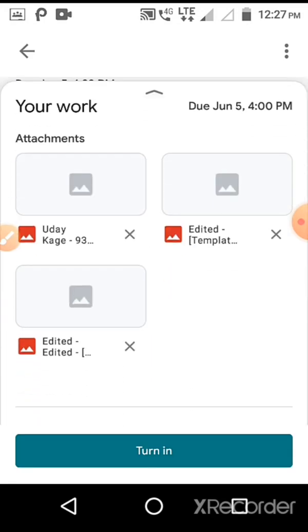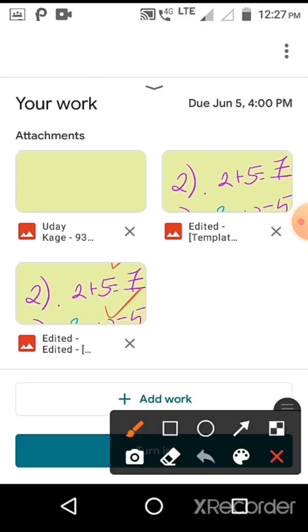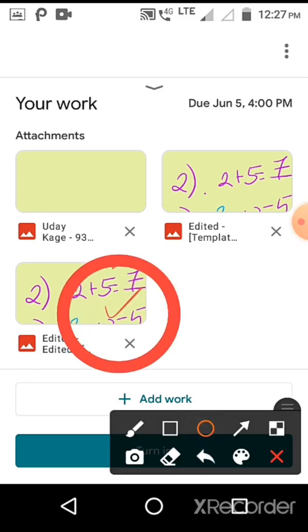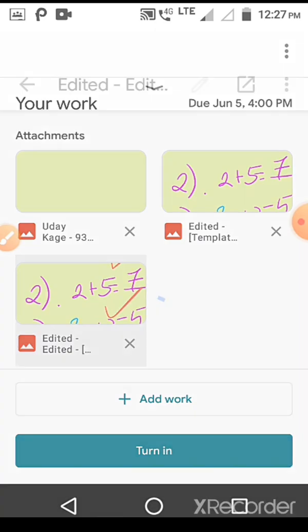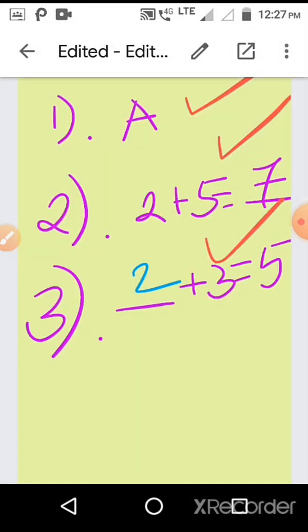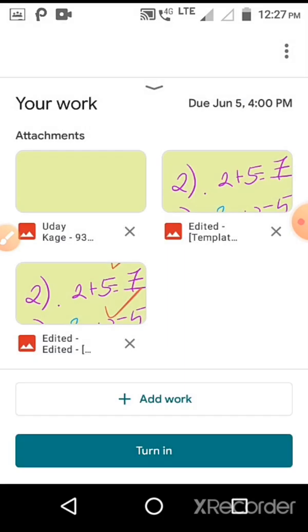Okay, you can see here 3 attachments. So this one is the new assignment returned by the teacher, that is, after checking, the teacher has returned it. So I will open this. So you can see here all 3 questions I have solved correctly, that is, the student has solved all 3 questions correctly. Okay, like this you have to use Google Classroom for assigning the